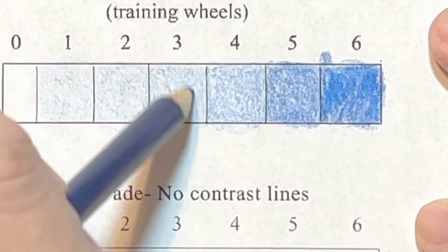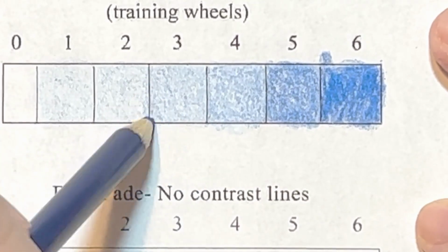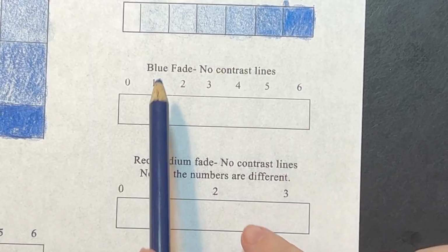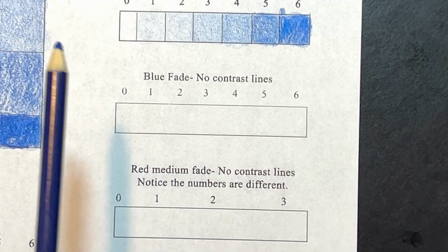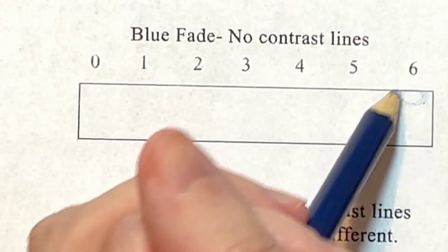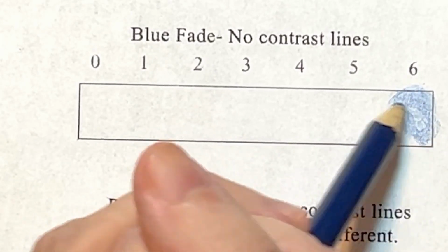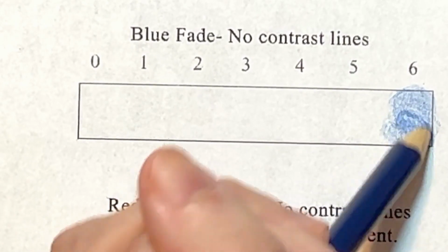Can make my 3 a little bit darker. Can make my 4 a little bit darker. There. No more training wheels for this next one. I have my blue colored pencil underneath the 6. I'll lay in some pigment just to get it going. Then I'll push down,